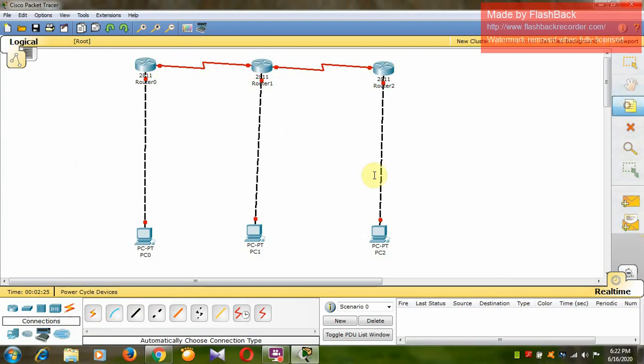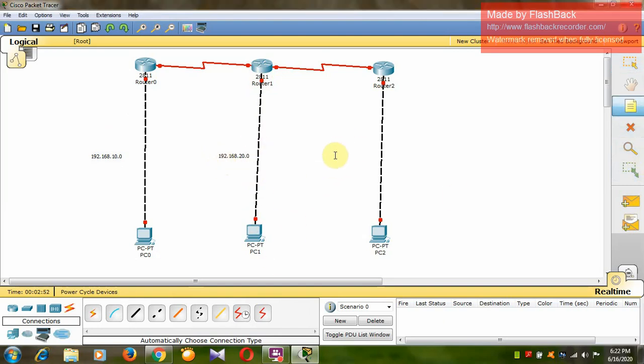Now let us assume some networks here. Between this router and this PC I am going to take the 192.168.10.0 network.